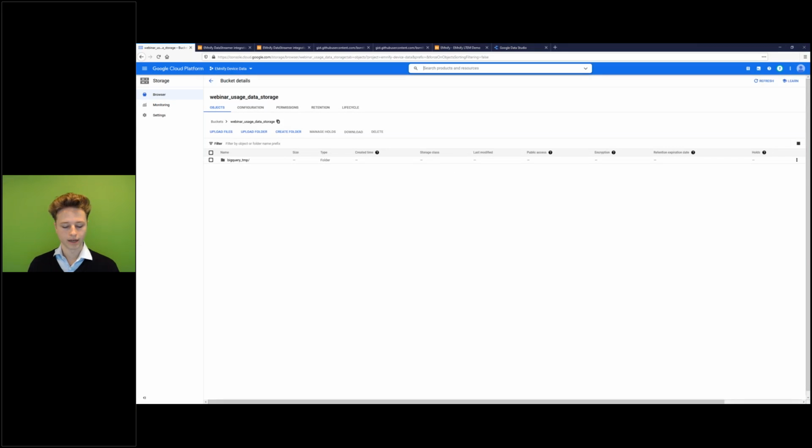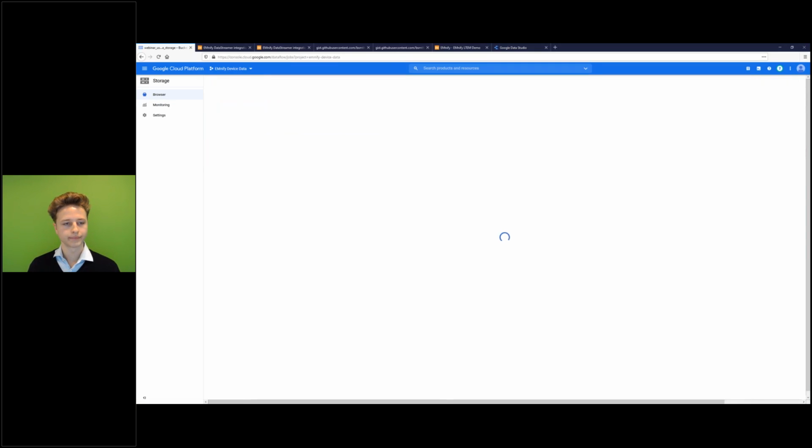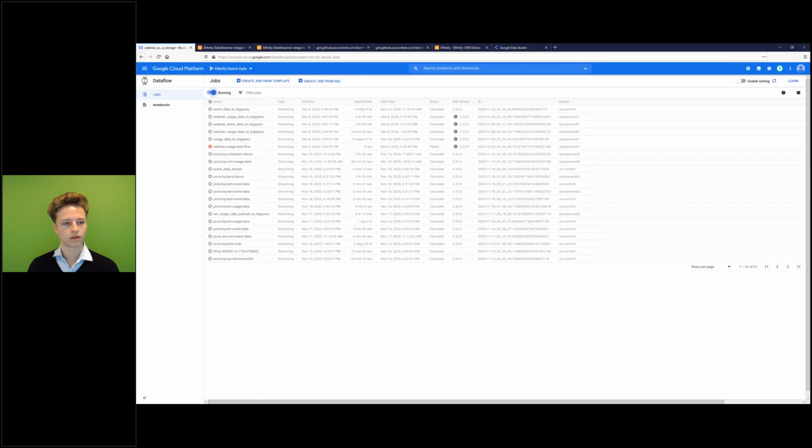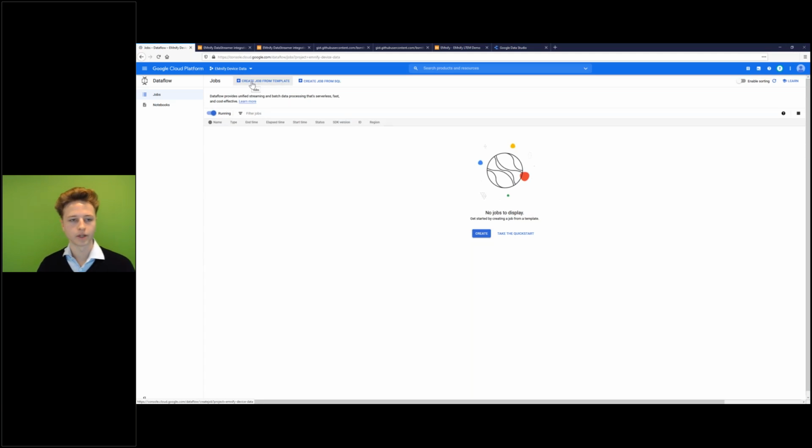Okay, and now we can navigate to data flow. And here we will click create job from template.